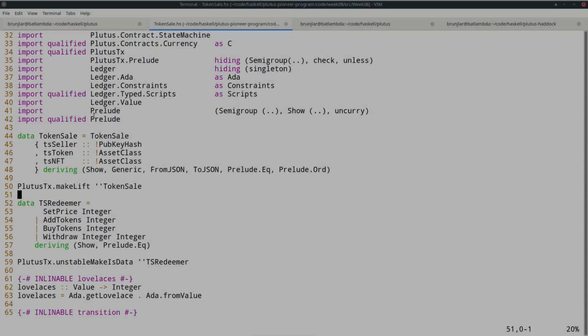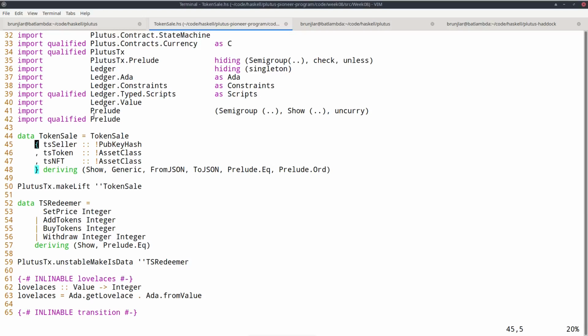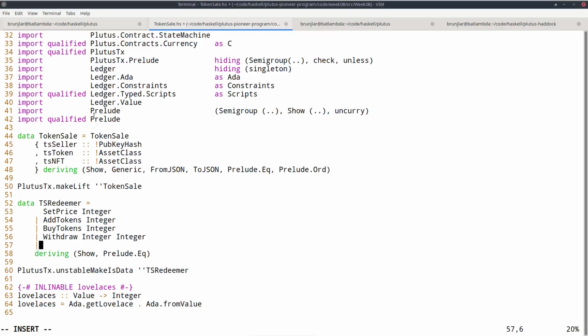For homework, I want you to modify the token sale contract to accept an additional transition called close that can be called by the seller and only by the seller to actually close the contract, close the UTXO, collect all the remaining tokens and Lovelace in the contract and the NFT. And this time I don't provide an extra module for that, so you can either just modify this token sale module or copy it and create a new module